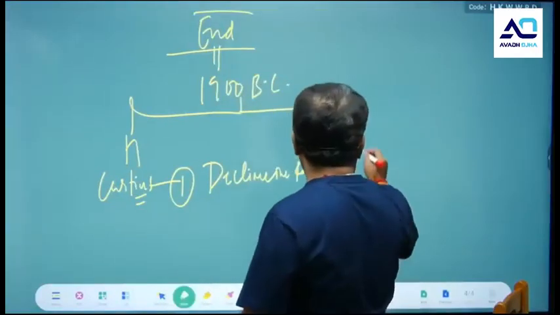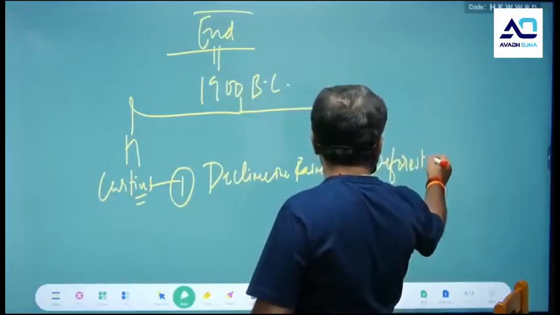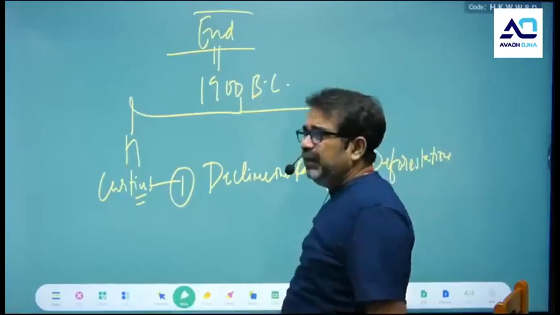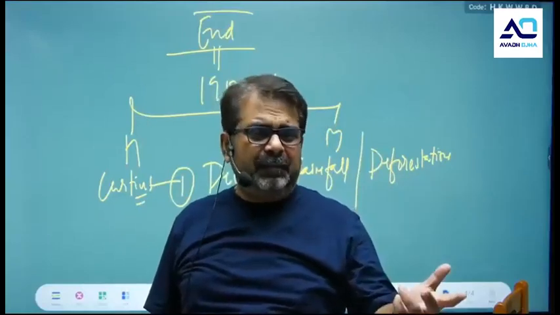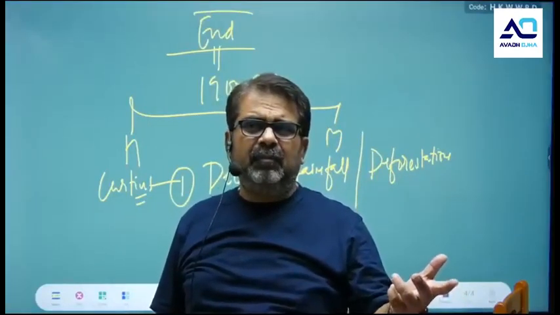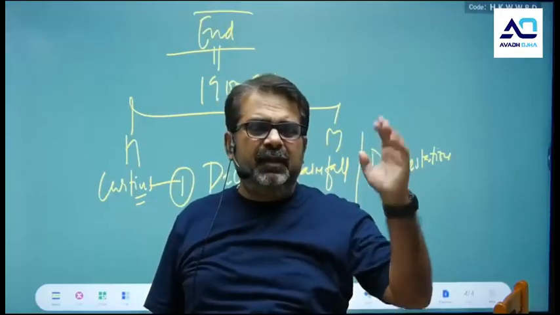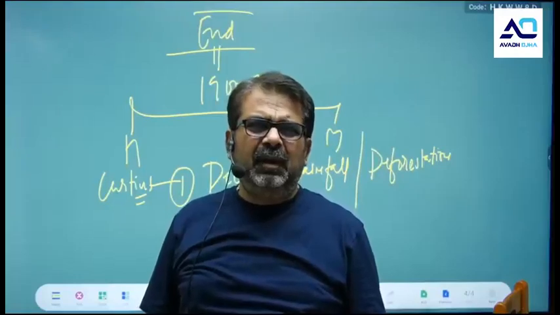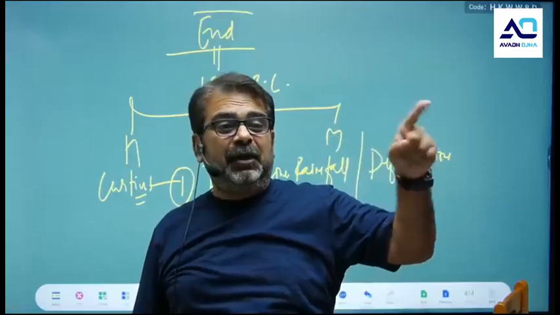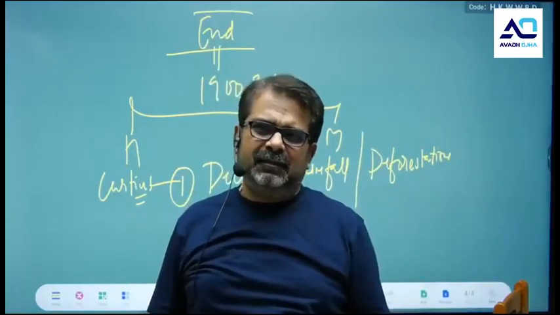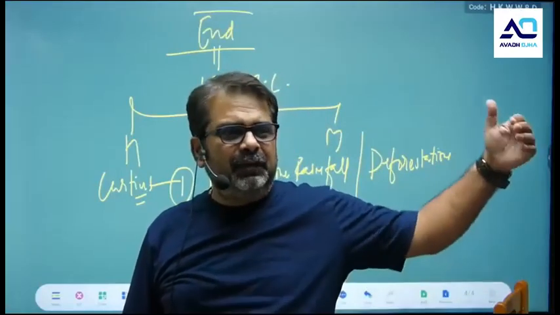But then the historian says that because of development, deforestation would have taken place, and because of this deforestation the rainfall would have declined. Today you see the area has 20 centimeter rainfall. Decline in the rainfall would have disturbed the primary sector, agriculture, and that would have compelled the people to move into different areas.